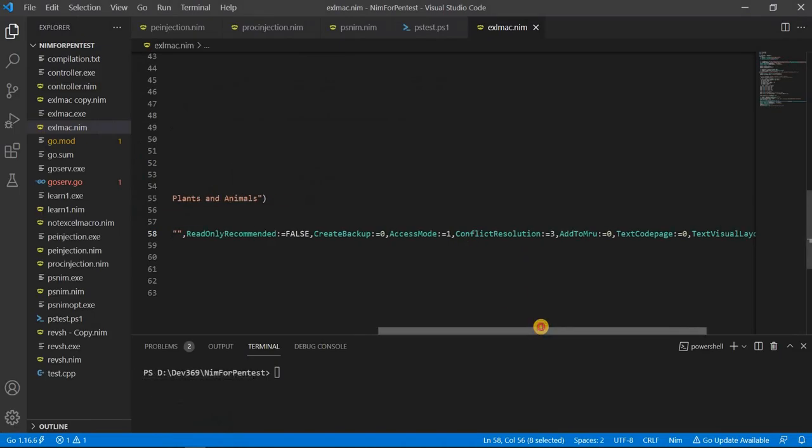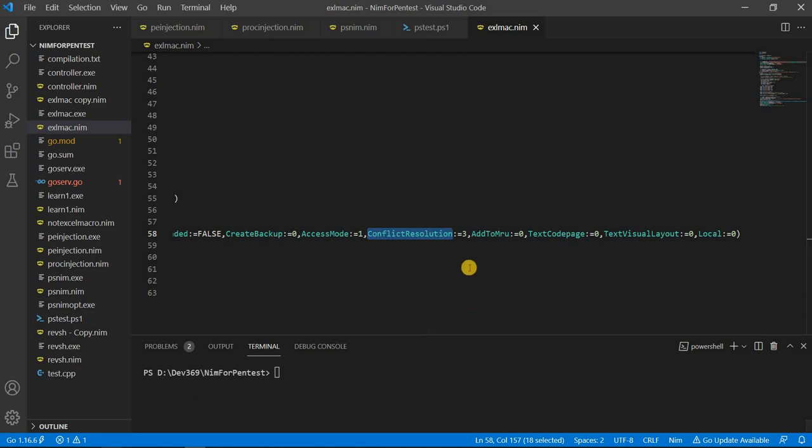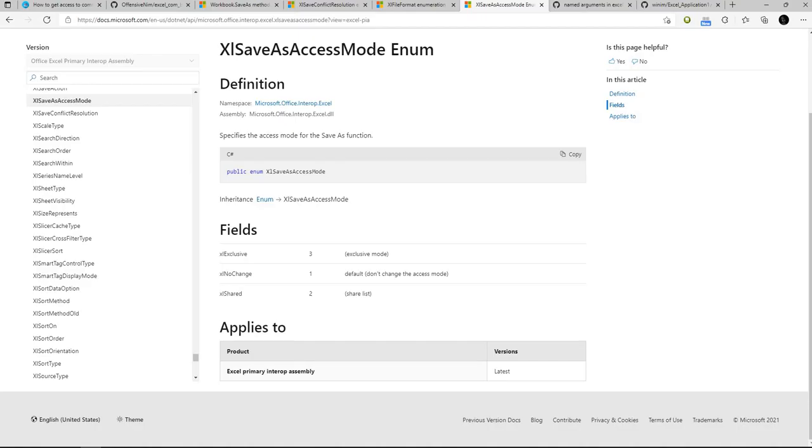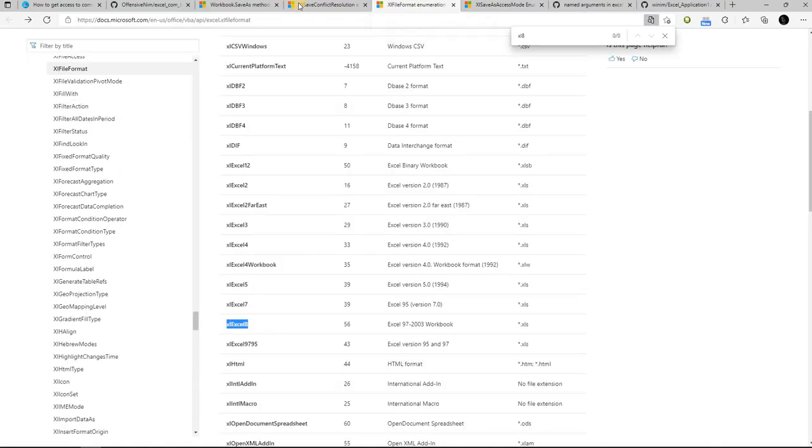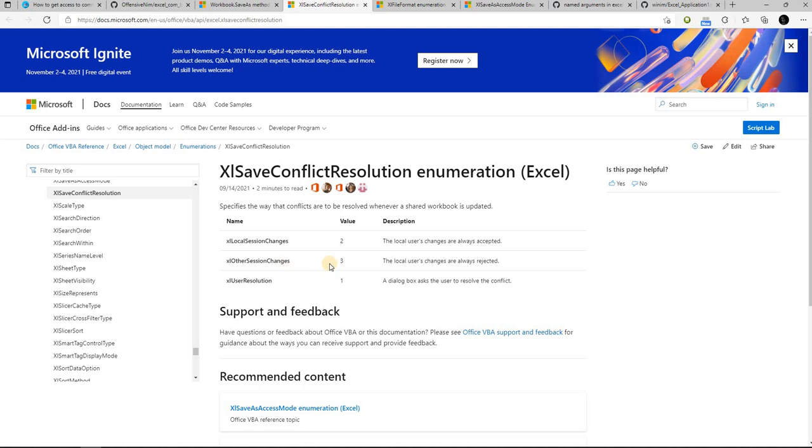So the rest was the same, like access mode. After access mode, the conflict resolution. That was another, what to say, another enumerator value that I had to pass. There is an equivalent. It is here, I think. Yeah, I passed the value. See, 3